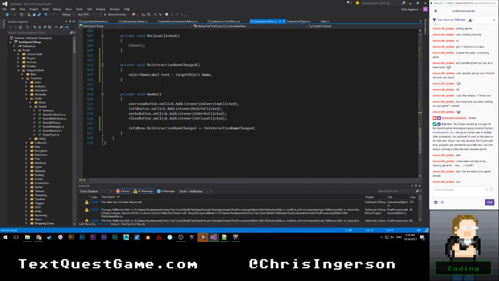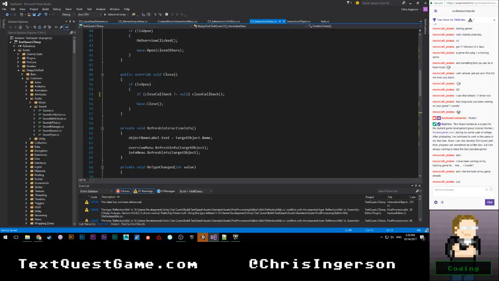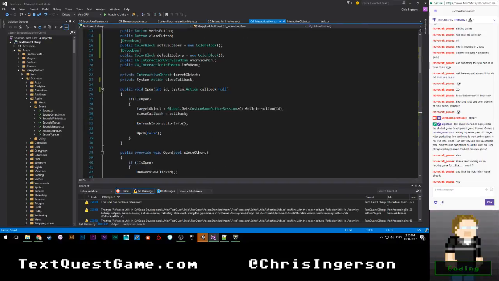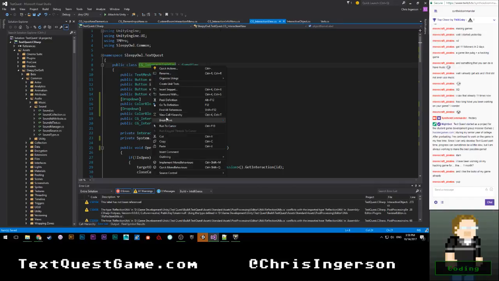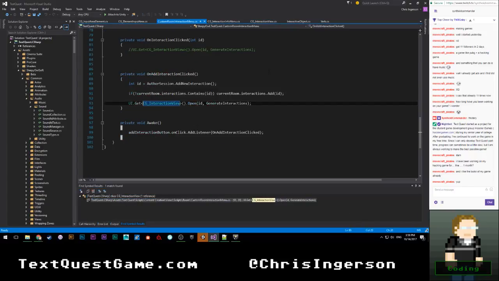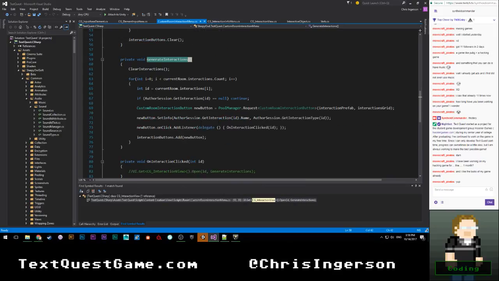Clicked. Where? What the heck? No, hold on. This isn't right. Yeah, that's not right. Okay. Let's see. Find all references. There we go. That's what I was looking for. Generate interactions. Let's go ahead and go to definition here. And this is where it